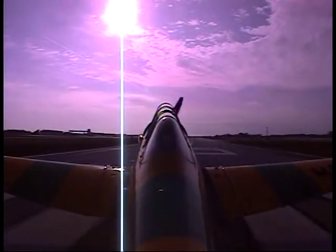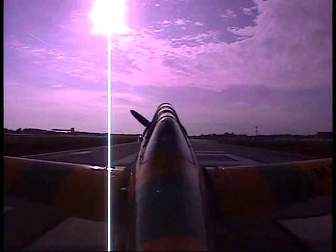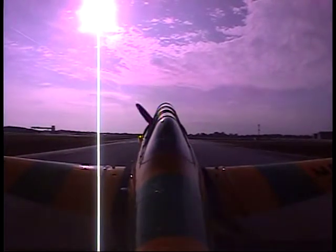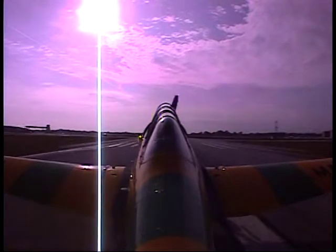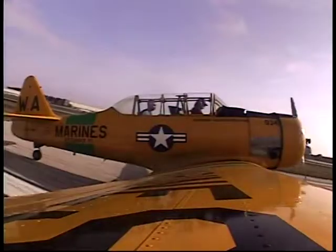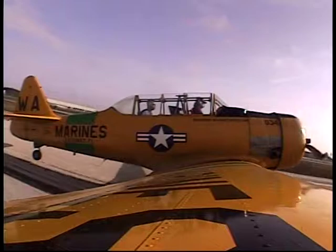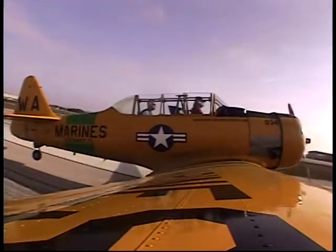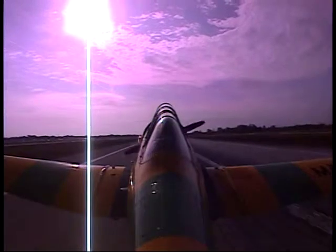Alright, here we go, we're going to add power. Going to take it up to about 36 inches of manifold pressure, 2,250 RPM. That's 600 horsepower coming off the Pratt & Whitney engine. Once we start rolling, I push forward on the stick. We're going to raise the tail just a little bit. About right there, we're keeping it straight with our feet. Once we're in the air,